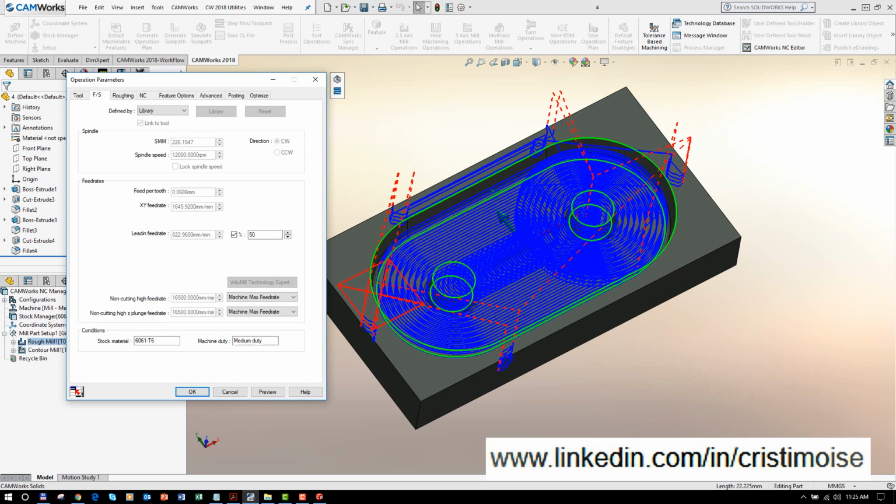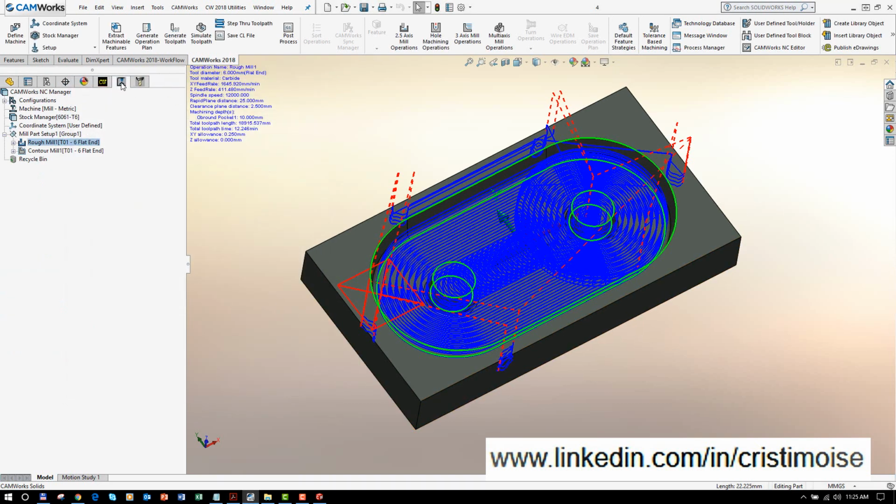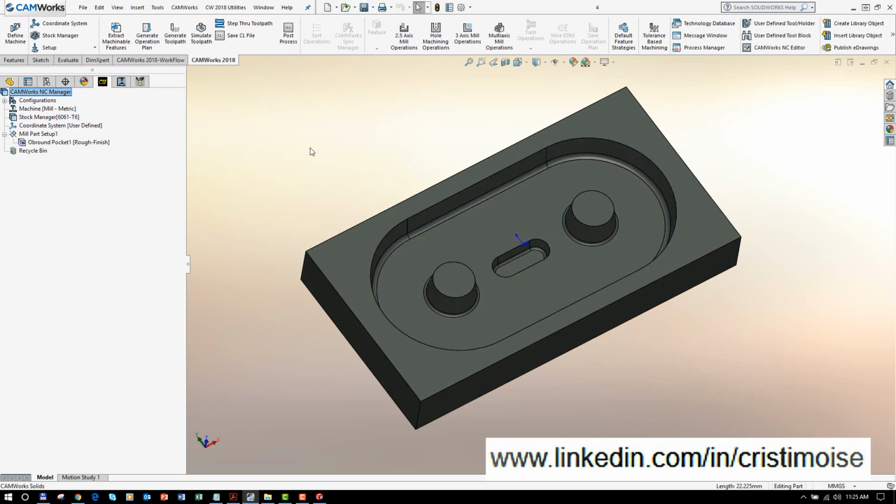So when it's checked, the areas of the VoloMill toolpath with drastic direction changes were smoothed out. In my opinion, VoloMill becomes more and more improved in CAMWorks. Of course this is much better. I think for 2.5 axis milling, these are, in my opinion, the most important options. For the 3 axis,